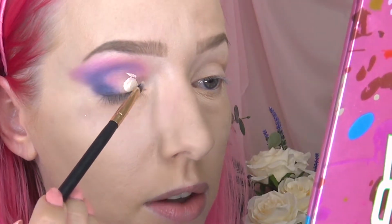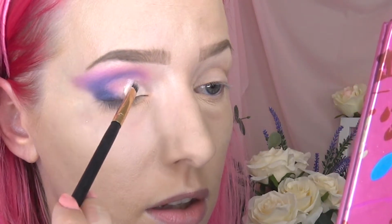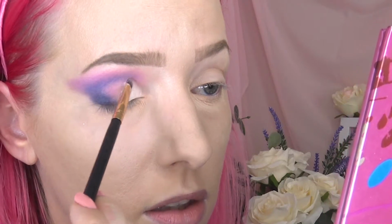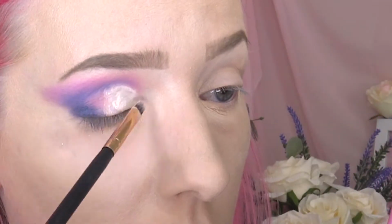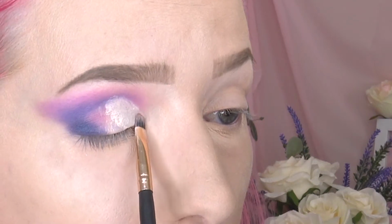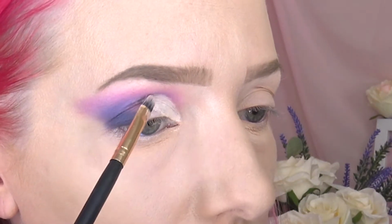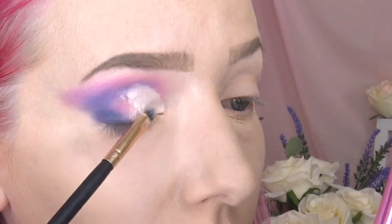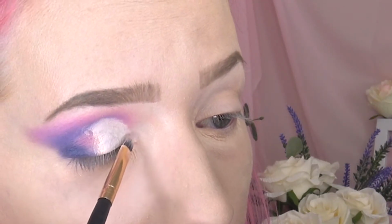Now always the trick to see how high up you need to take it, like absolute minimum, is when you put it on your eye how high that goes up. Now we're only doing a half cut crease for this. And you just use any sort of flat shader brush. Okay, I made a bit of a boo-boo there, it's okay. Can make it work, but I do want to take this quite high, because I don't really want this to just be like a boring little cut crease where you can only see a little flash of that very intense